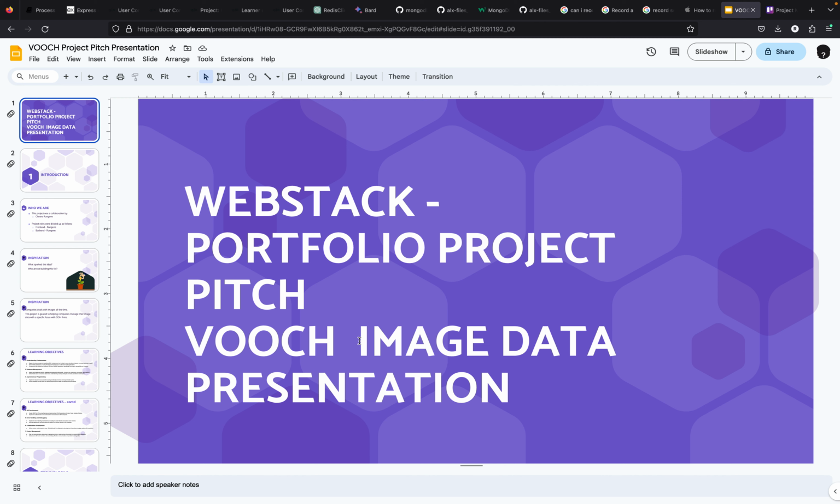I want to take you through my Webstack portfolio project pitch. So the project is called VOOCH Image Data Presentation. It's a mobile app and web app to help companies manage their image data with features among them